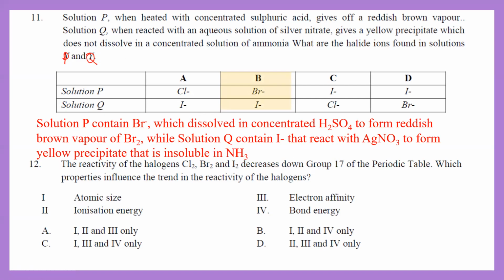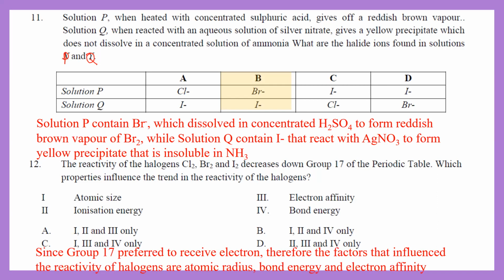Which properties influence the trend of the reactivity of the halogens? Okay, so we are talking about chemical properties of the halogens in here. The chemical properties are definitely influenced by this, because group 17 elements preferably accept electrons. So the factors that influence the reactivity of the halogens are atomic radius. You must have a smaller atomic radius, easier for it to accept an electron. You must have bond energy, easier to break, easier for it to form atoms and to accept electrons, and therefore